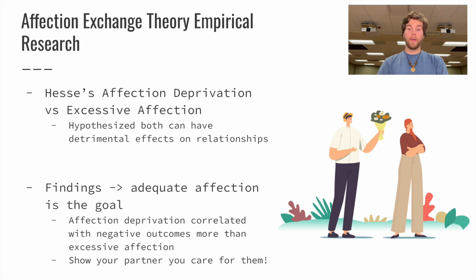On top of this, they also discovered that relationships with excessive affection reported they had less depression, loneliness, stress, and pain, as well as higher sleep quality when compared to affection-deprived couples. So, in general, affection is expected in some way in these kinds of relationships, and increasing affectionate behavior and showing that you care is a great call when it comes to romantic relationships, as long as that behavior, again, is within your partner's range of tolerance.